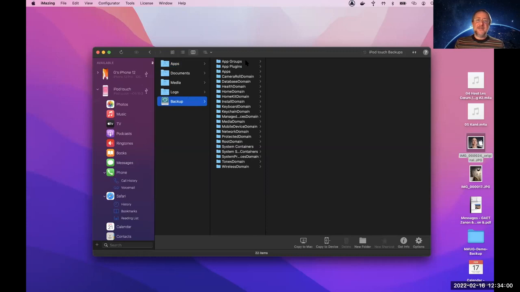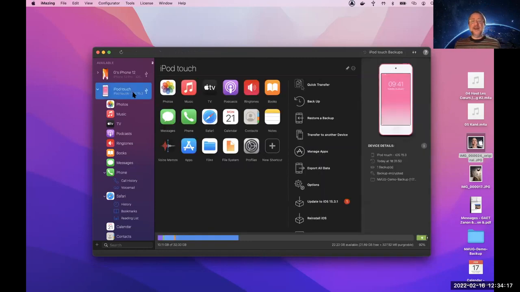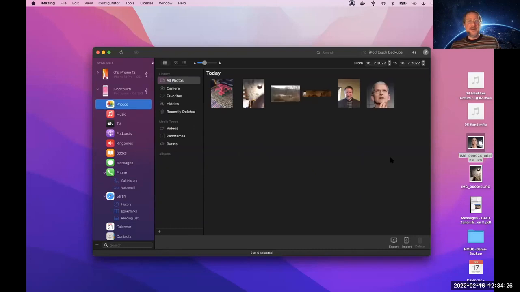But if you go into backup, suddenly this is the backup's file system, and here you have everything. So for geeks who want to dive into what iOS's file system looks like, this gives you really good insight. Now I will illustrate why having an iMazing backup is so nice. So we have this backup I made just now. Now what I'll do, I'll show you the photo library again. I'll delete some photos and